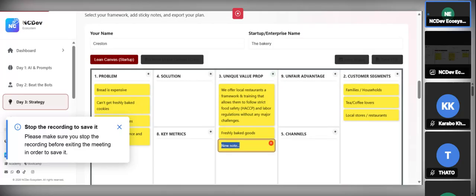Yeah, I think that one speaks to both that too. And then also, what makes us unique is, okay, that we can add to unfair advantage. Okay, so what we